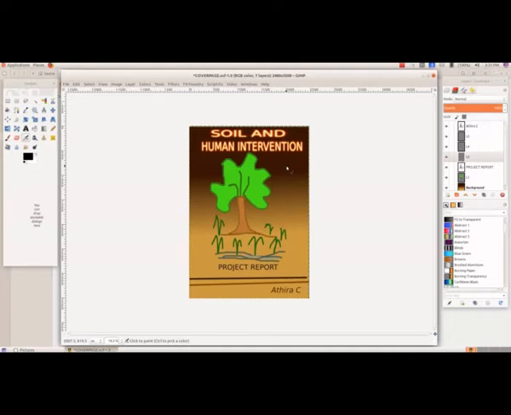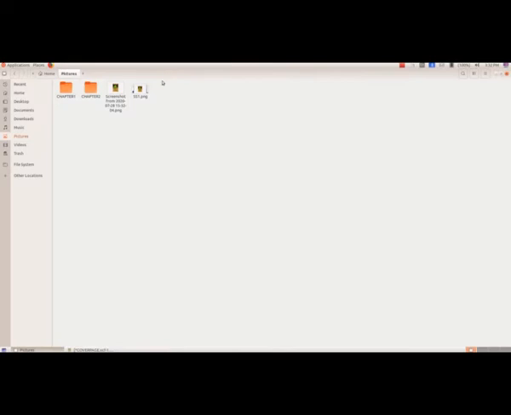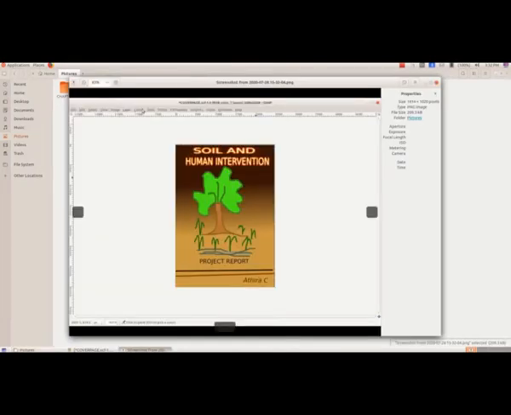And how can you take that? So if you press the alternate key along with the print screen key, you will get only that window. You don't get the toolbox and the layer window, you will get only this window.